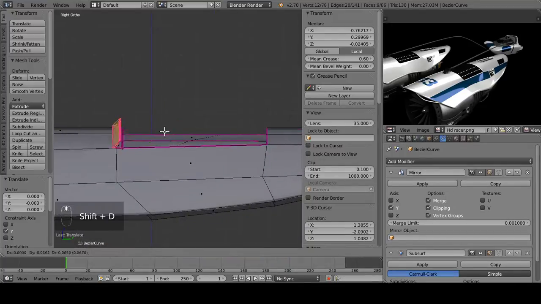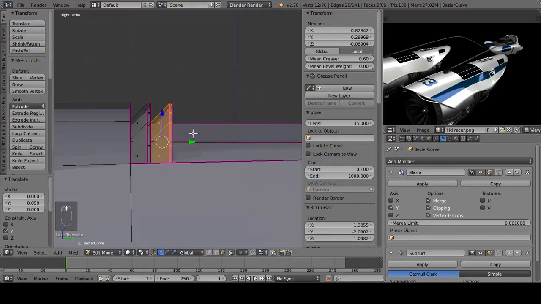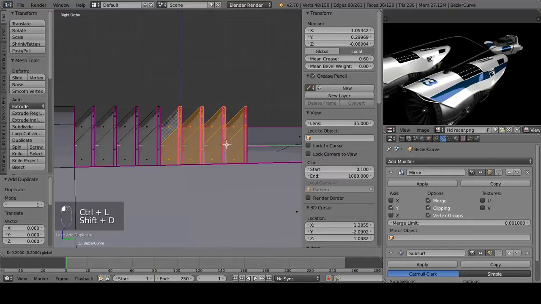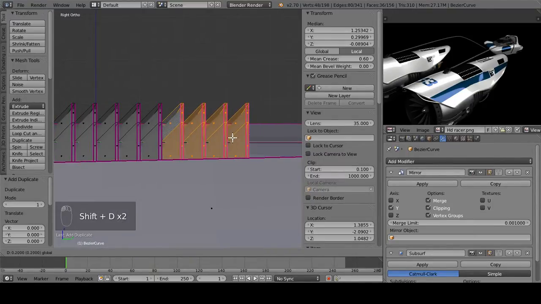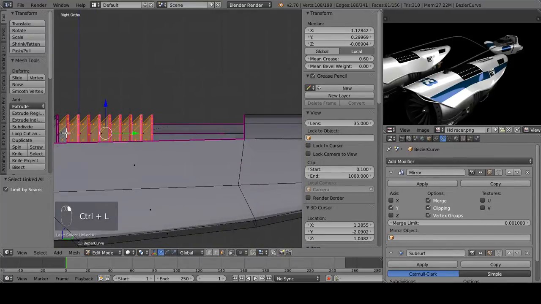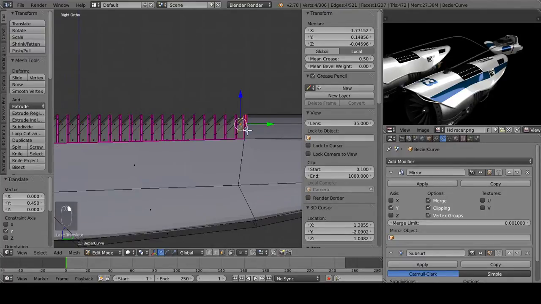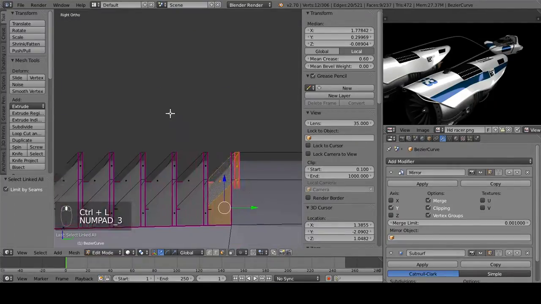Shift D to duplicate, hold the Control key, and move it a set number of squares. Shift D, Control key, Shift D, Control key. Now if we select 4 of these, hit Control L and it selects all of those, and then we do the exact same thing till we have filled in all of the space. And of course we can go back and select even more of them, Shift D, line it up, and then this last one here is melting through a little bit, but we do need that space there, so